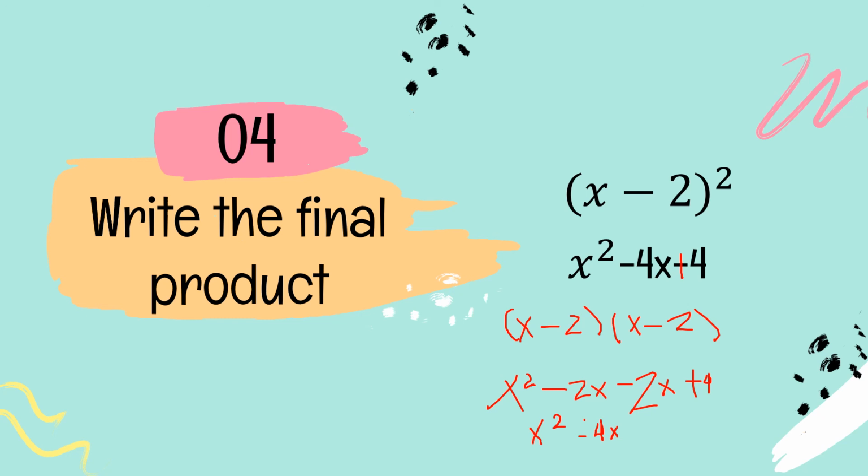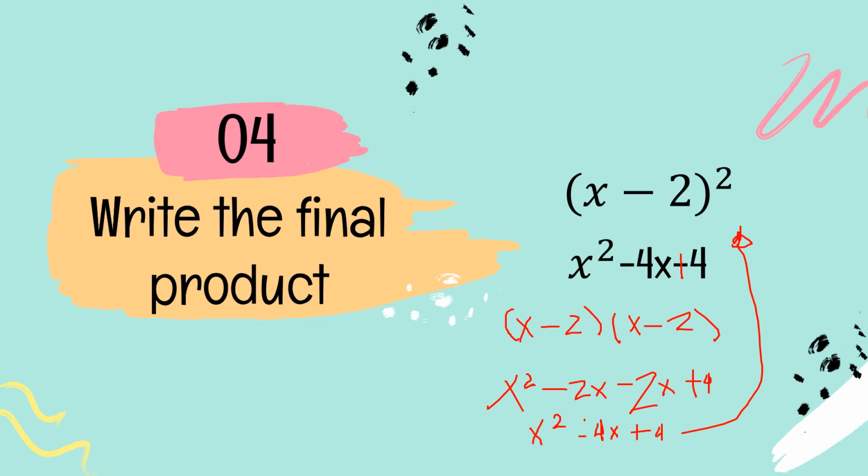So, negative 4x plus 4. And mapapansin ninyo that we have the same answer. So, squaring a binomial na nasa form na quantity ng a minus b squared and then ginamitan natin ng foil, parehas po sila ng magiging sagot. Okay? So, that is how you are going to square